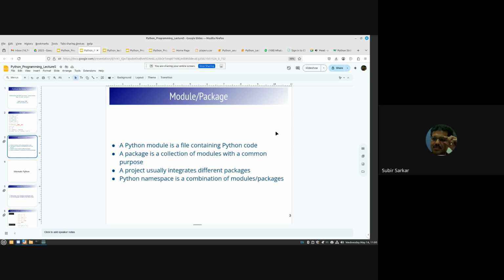But of course, when I say module, it should have a certain purpose. That means you should not put arbitrary code in a single file and call it a module. So you should keep only related Python code in a file and call it a module, so that the name of the module can tell us what exactly I can expect out of the module. So you just don't put